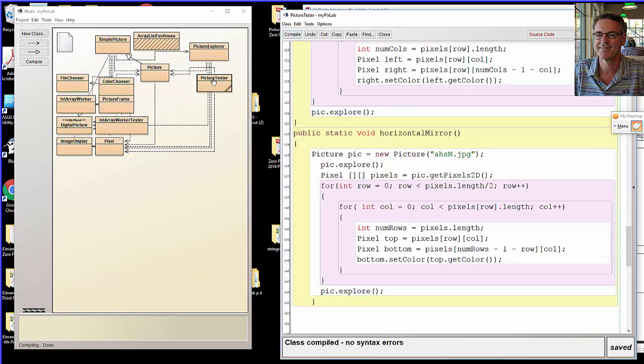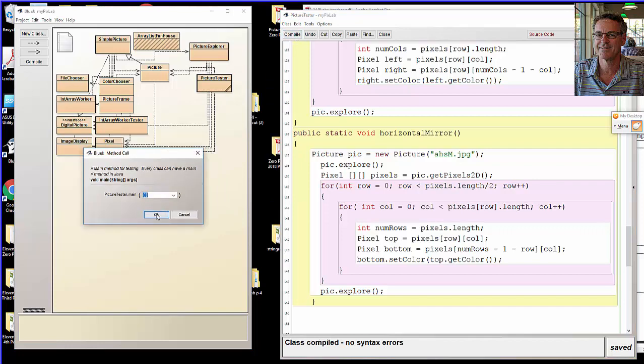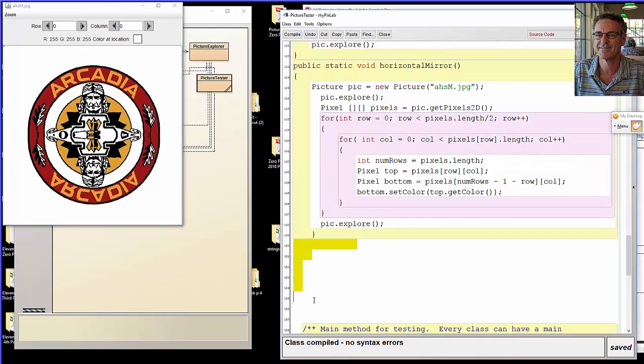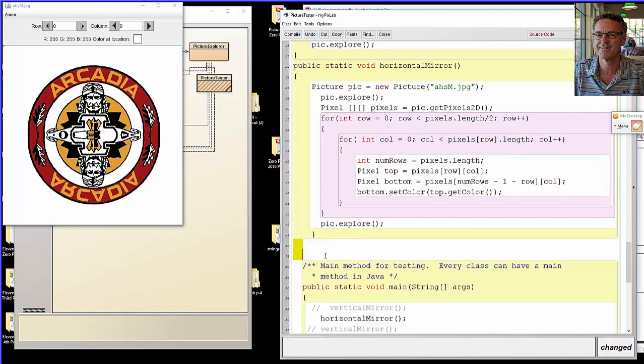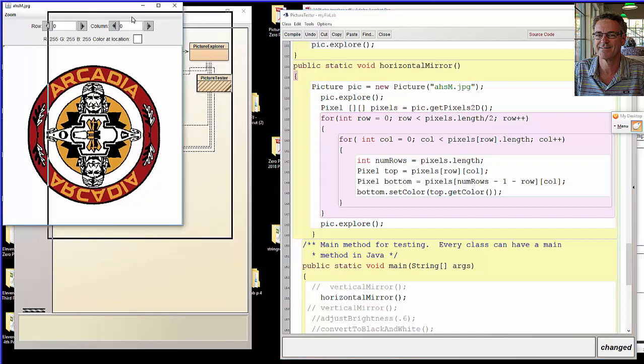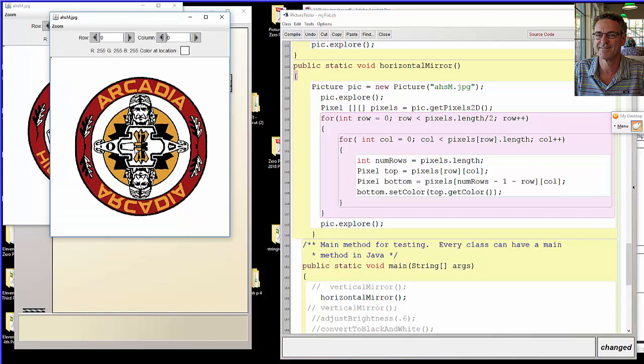Okay. And there is the Arcadia High School logo mirrored from top to bottom across the middle horizontal line. Okay, so